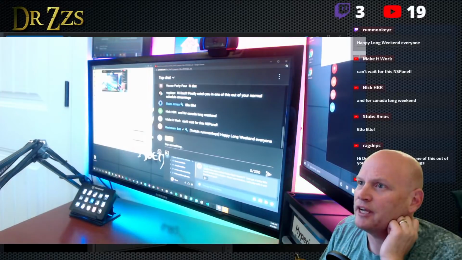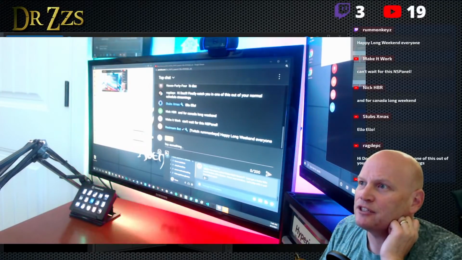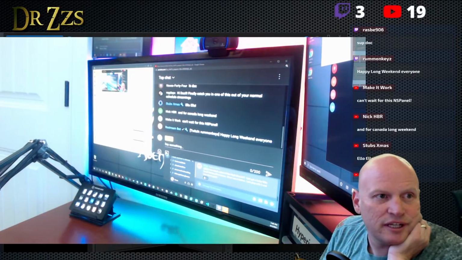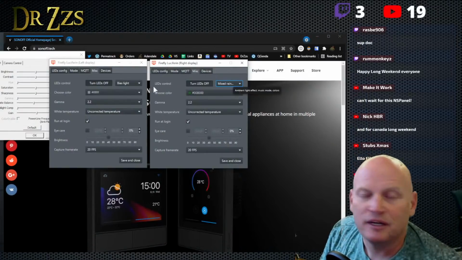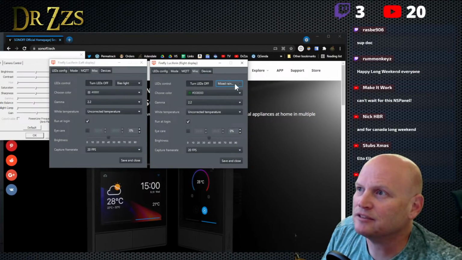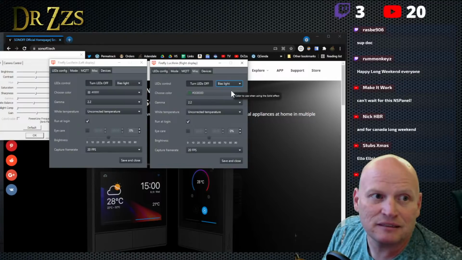So I've got two monitors, right? I've got the left and the right. I was actually using the right. And that's why it says mixed rainbow. Oh, can you see that? No, you can't see it because I put that camera there. Okay, so I got two screens, the left and the right. The right is the one that was controlling them, so I had it set to mixed rainbow. If I set it to bias light,